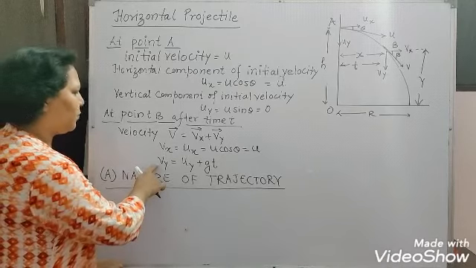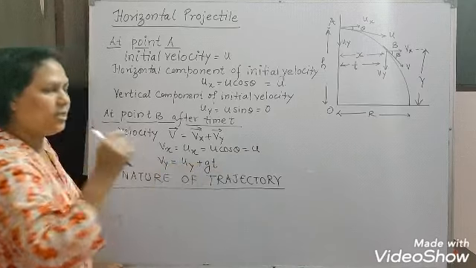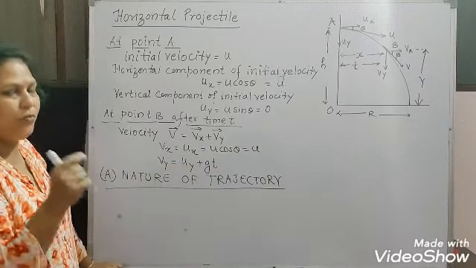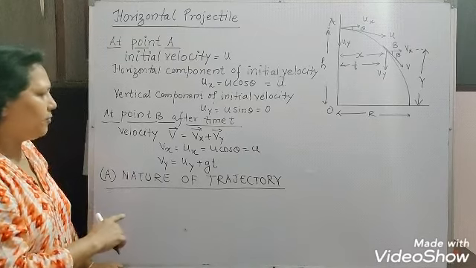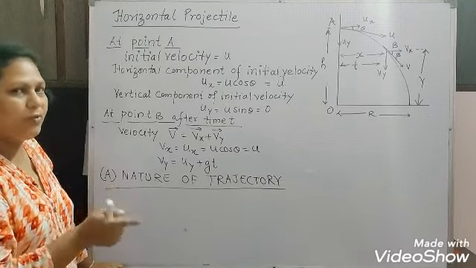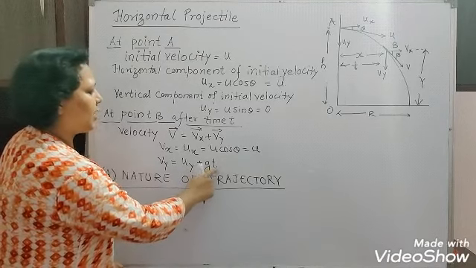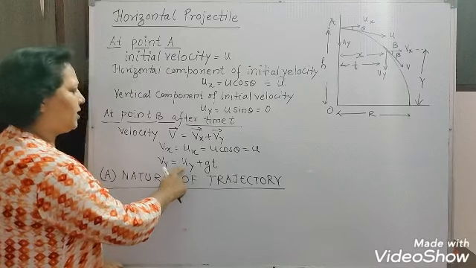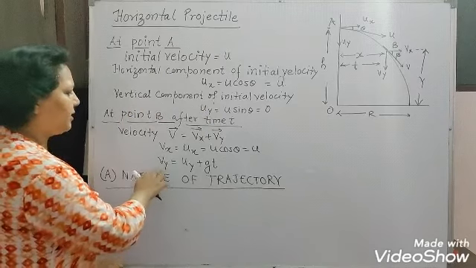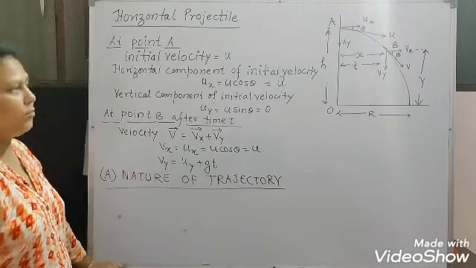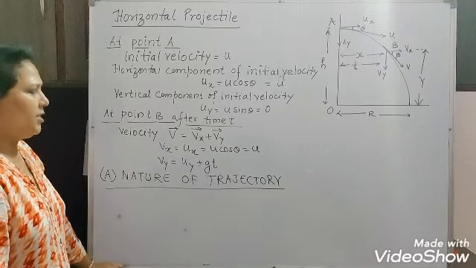Now we'll come to this point here, Vy equal to uy plus gt, because it is uniformly accelerated motion. So we have applied here the formula. Which formula we have applied? The first equation of motion, v is equal to u plus at. So in place of a we have written g, time is t here, initial velocity is uy, and the final velocity at point B is Vy. The vertical component of velocity is Vy here. Okay, so this is the formula.